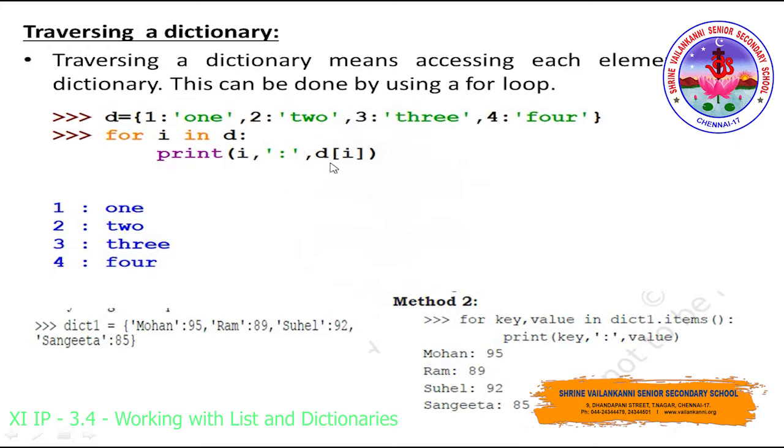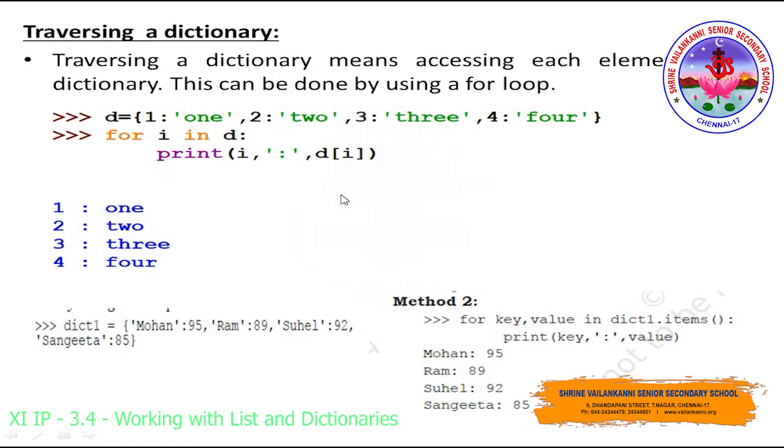Usually we make use of the square brackets to access the values present in the dictionary, right? So d of i, what will happen? For d of i, for the first key we have the value, the string 1, and that will be retrieved over here. Similarly, it will move on to the next iteration, where we have 2, so 2 gets printed, followed by the colon, followed by d of 2. In the place of d of 2 we have the string 2, which is retrieved and displayed here. Similarly it will move on to the third and fourth iterations.